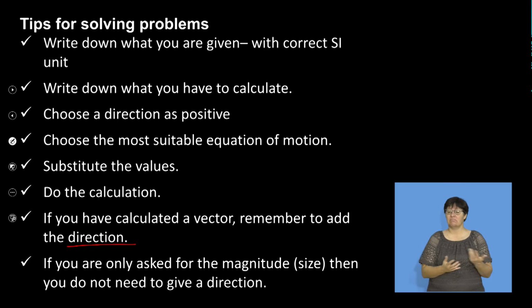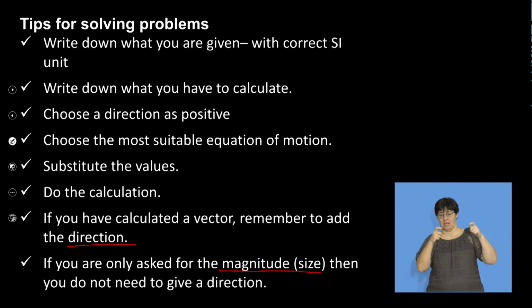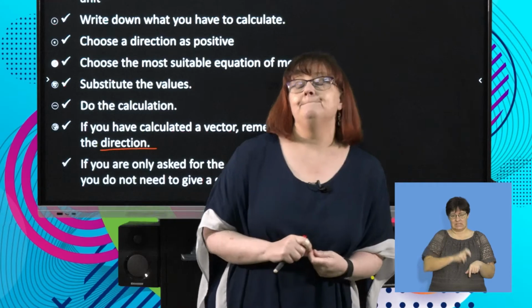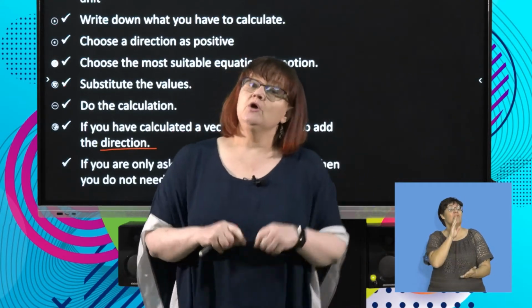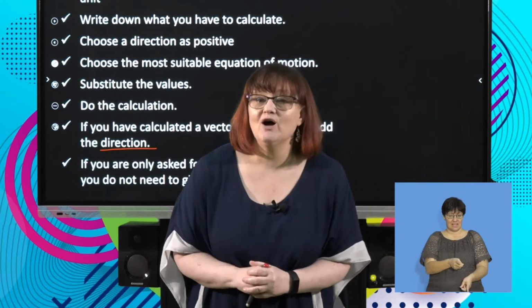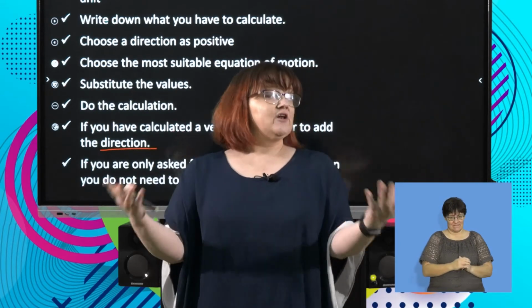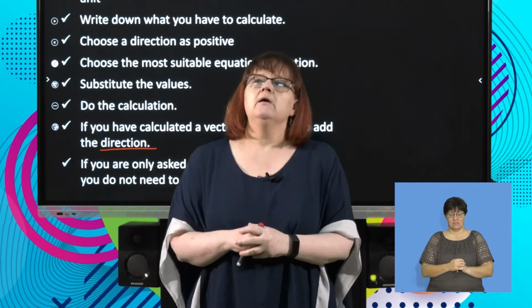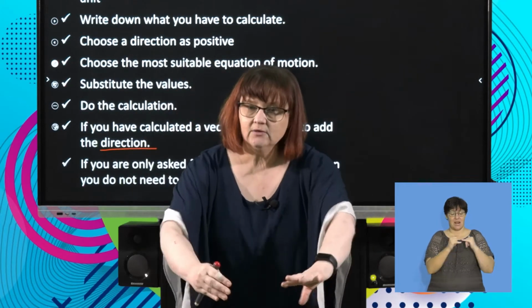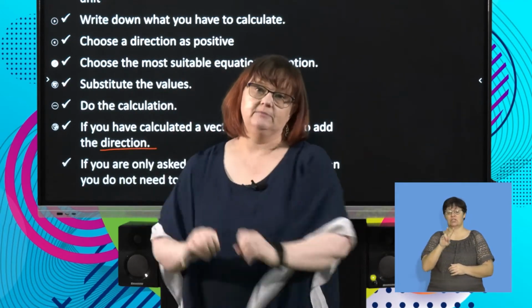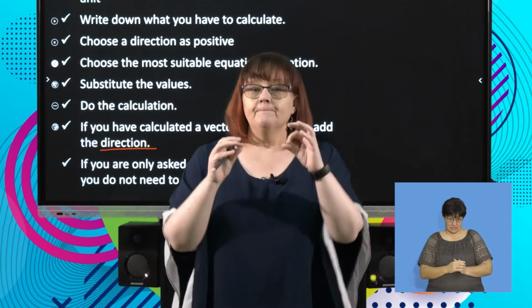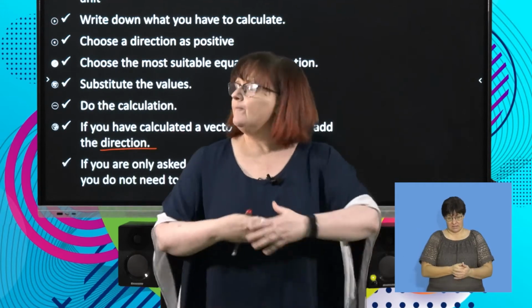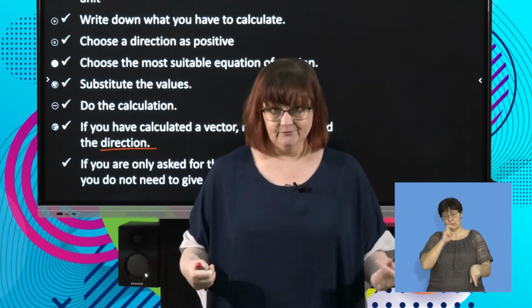If you are only asked for magnitude, then you do not need to give me a direction at the end, but you do have to make sure you give me a final answer that's positive. So if it's a velocity and you get minus 20, for example, you need to do one more line where you go, the velocity is 20 meters per second, okay? Magnitude means I want a positive final answer, but I don't need a direction. All right, so